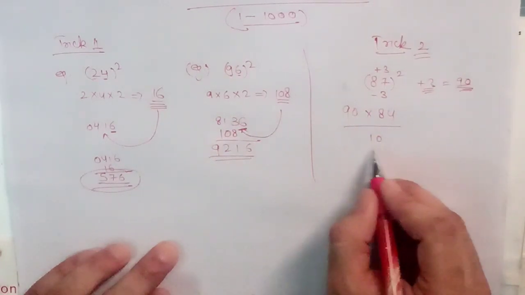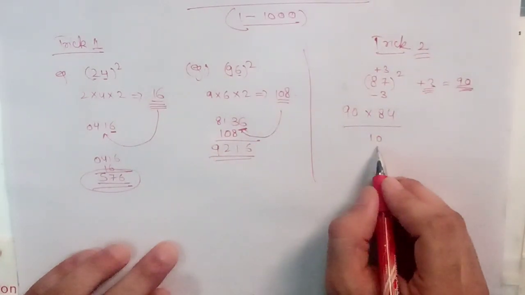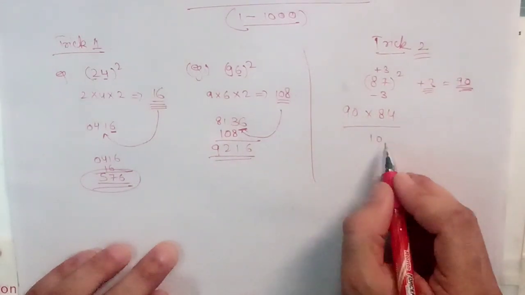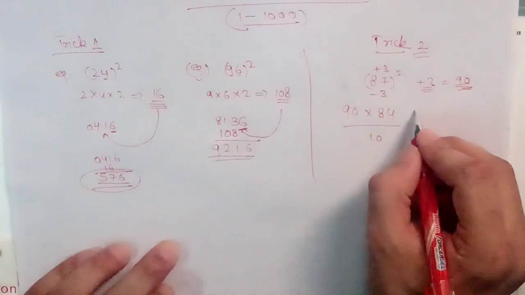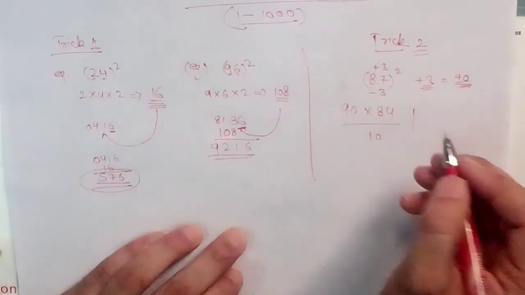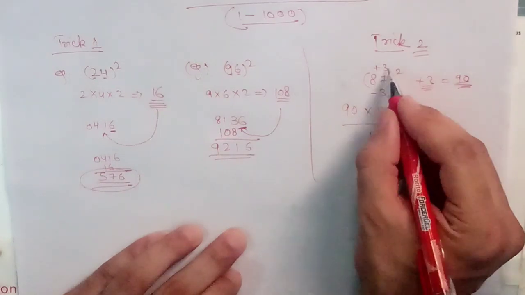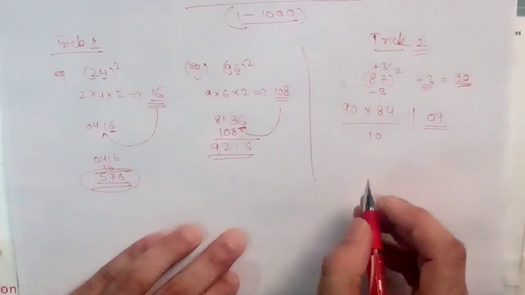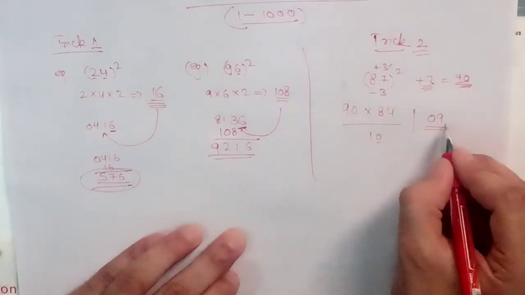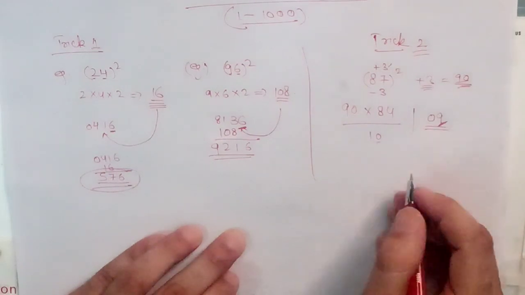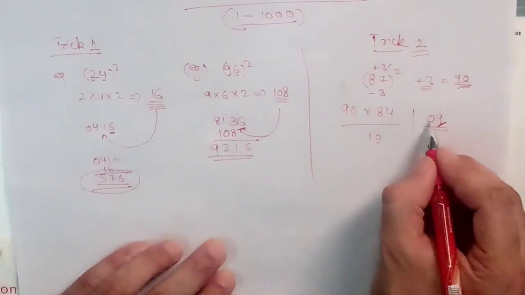Now you need to divide it by 10, because of the number of 0s here. Okay, suppose if there are two 0s, then we have to divide it by 100. This is the trick. Okay, and plus you need to take the square of this number which is added and subtracted, which is 09. Okay, if it is a single digit, then you need to take only this number, leaving the rest behind, and this will be carried forward.